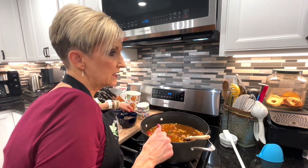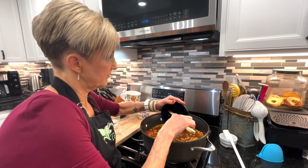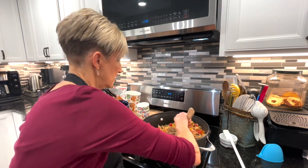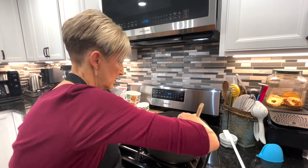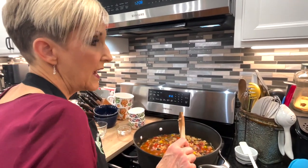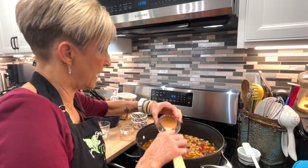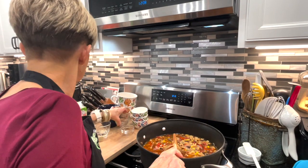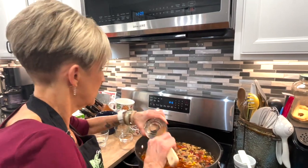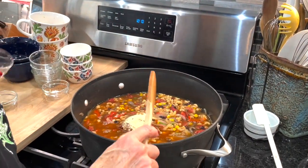And we're going to add the 1 cup of pre-cooked brown lentils. We're going to give this a good stir. And now we're going to add our seasonings. I have 1.5 tablespoons of cumin and 1 tablespoon of chili powder. I have 1 teaspoon of paprika, 1 teaspoon each of garlic powder and onion powder,